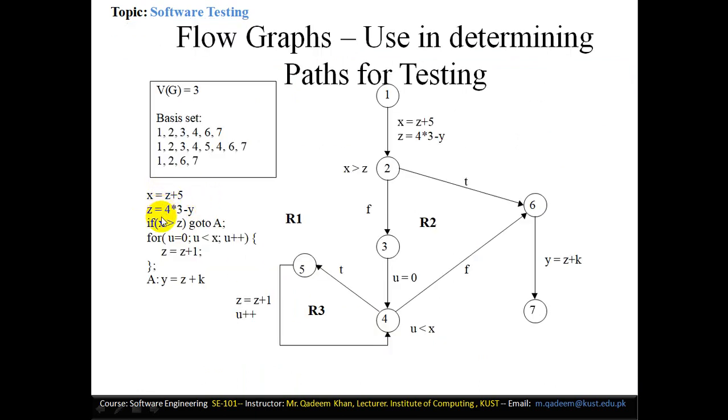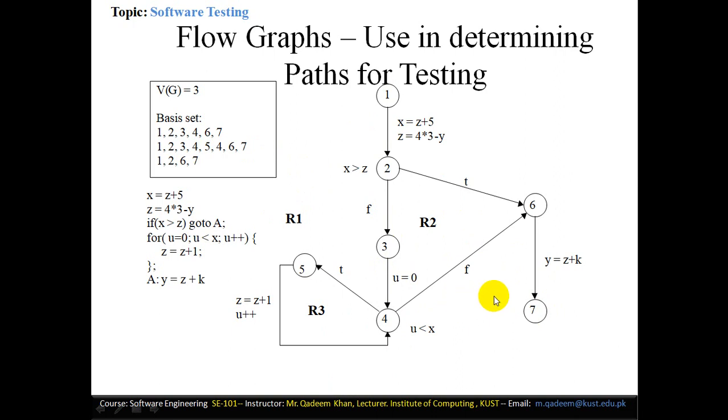So for example, these are multiple lines: first, second, third, fourth, fifth, sixth, seven. There are 7 lines. So there are also 7 different edges. These are 7 different edges, nodes, or different 7 nodes. And now we will count number of edges: 1, 2, 3, 4, 5, 6, 7, 8.